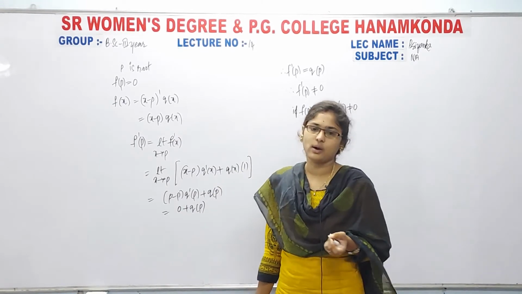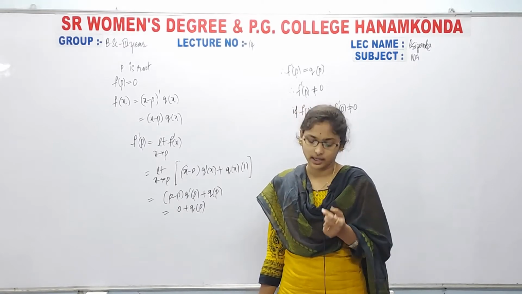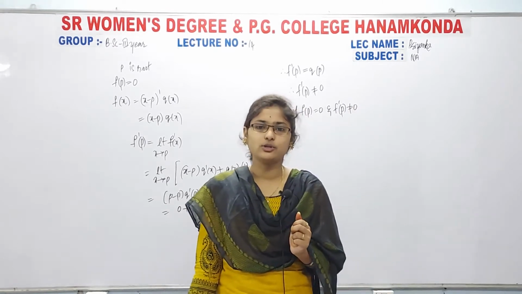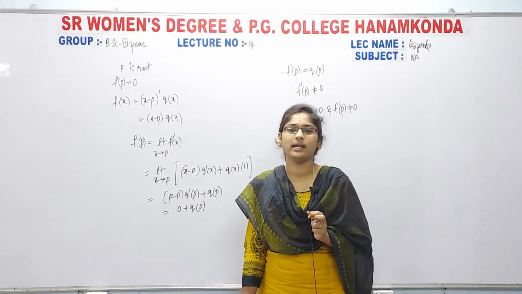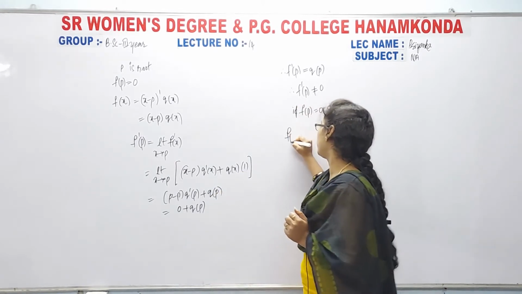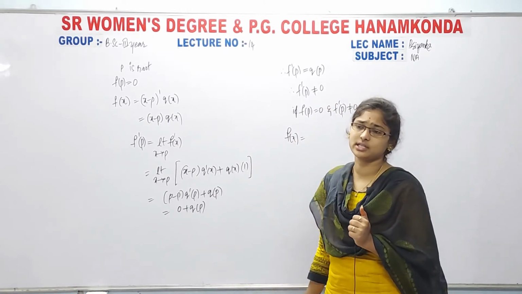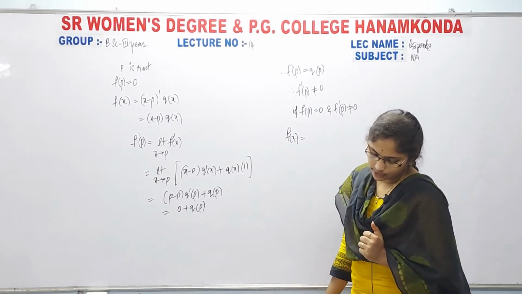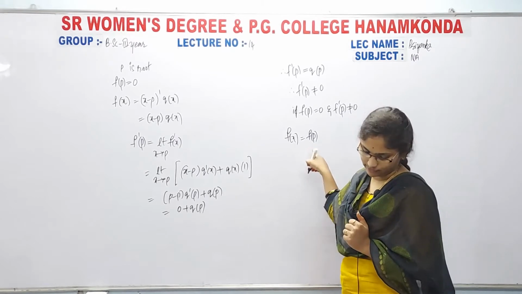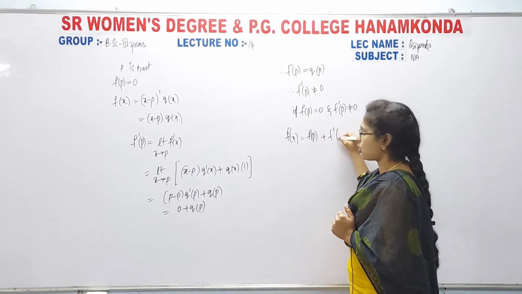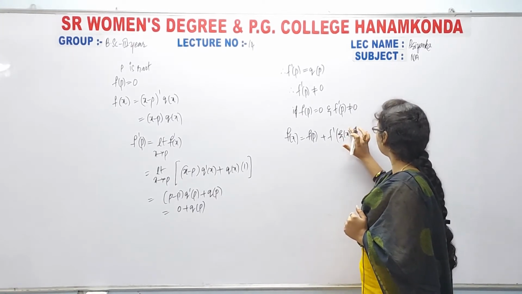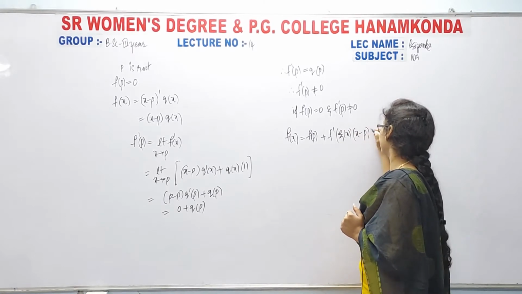Now, by using Taylor's polynomial about p, directly I am writing, no need, of course you already know about the Taylor series for the polynomial. So write down: f of x is equal to f of p, because here we are taking some x equal to p, plus f dash of xi of x into x minus p.